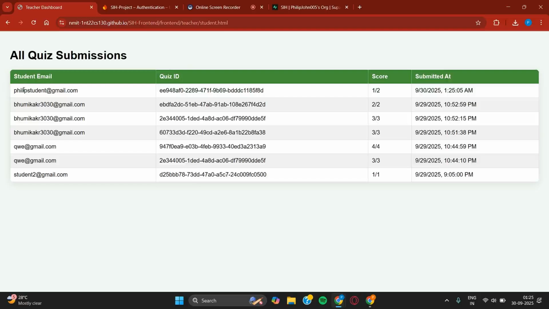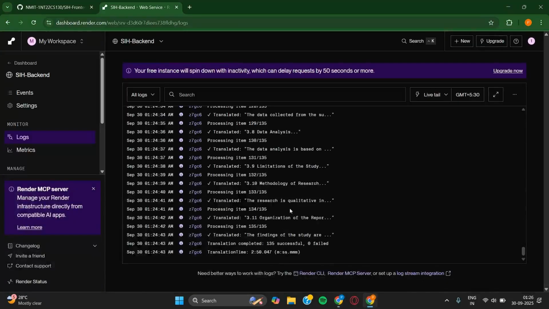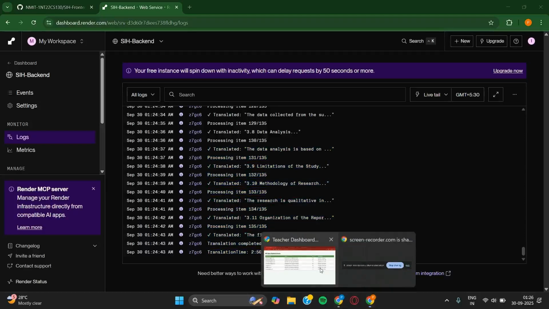Here you can see it has logged the progress, the time as well, and date. Now in the meantime, it has finished translating our note. Now we can view our note,